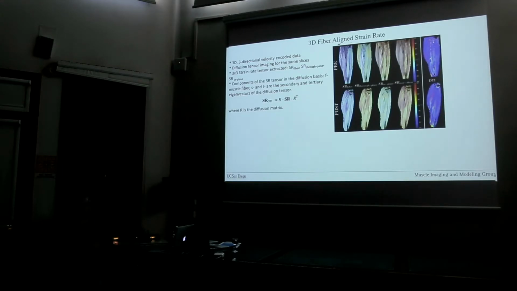But as the previous speaker had said, we actually have the potential of getting the fiber direction at every voxel. So this analysis is to rotate the strain rate tensor to the basis of the diffusion tensor, so that at every point we know what the strain rates are along the fiber and along the cross section of the fiber. So that's one area of